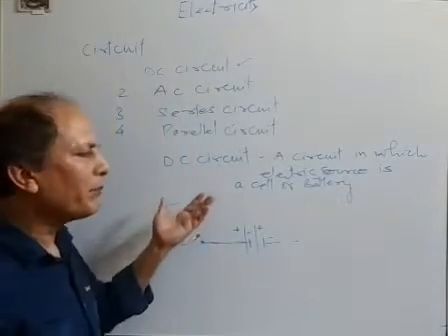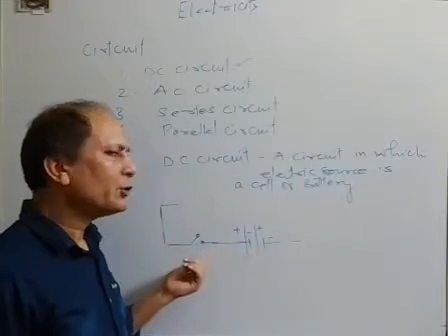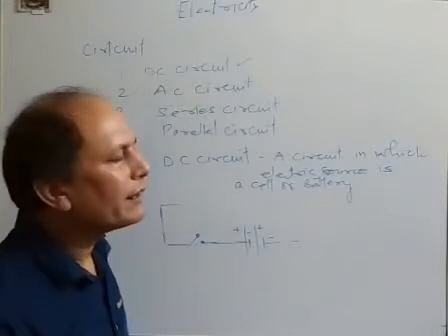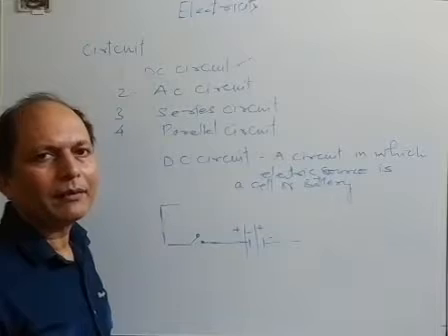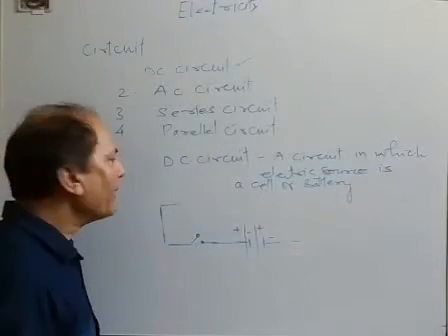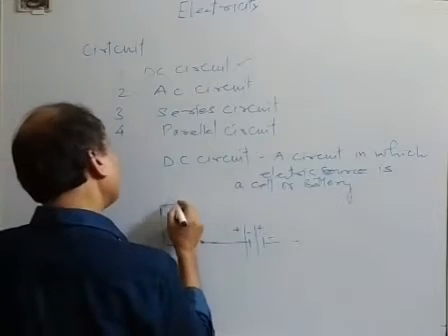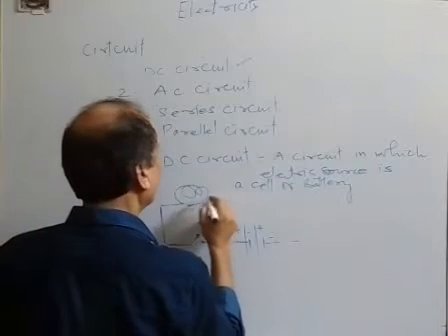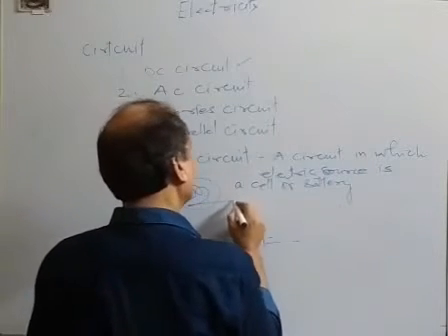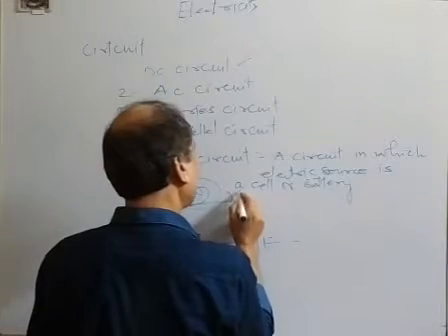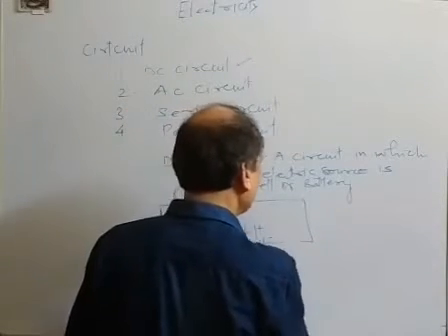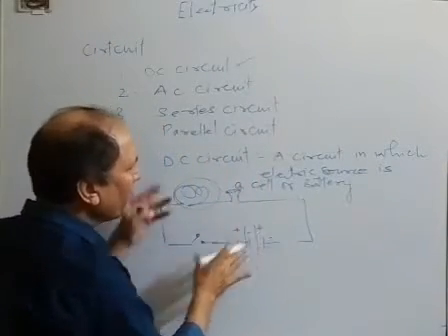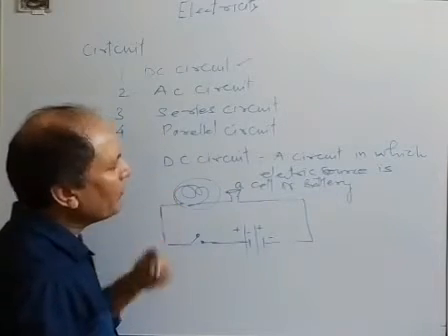So I told you that it is a path connected with electric source, switch, conductors, and resistors. Resistors means electrical instruments, just like bulb, speaker, buzzer, etc. So see this one by one. Suppose I am taking a bulb, and after that a speaker, and after that a battery circuit is there. So here it is the symbol of DC circuit.